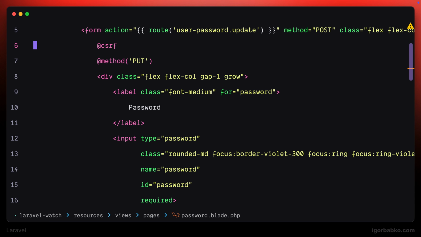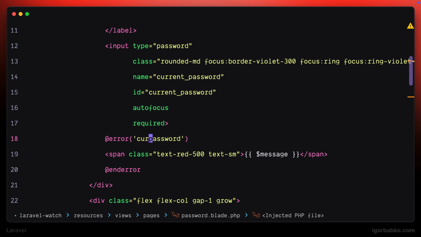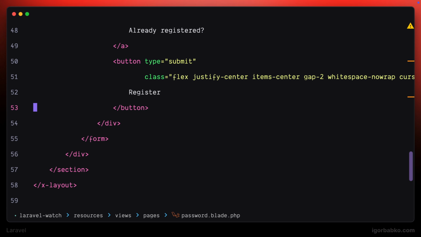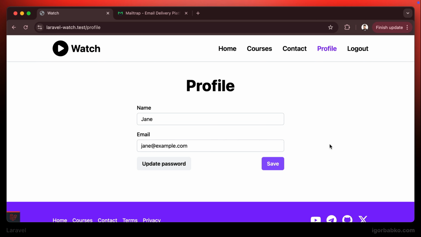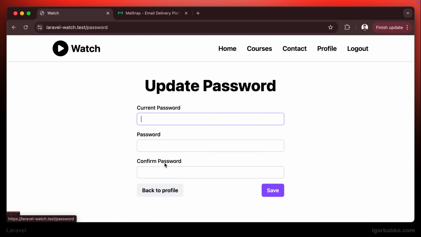as well as for this error directive. We'll also put the focus on this first field when the page is loaded, and also use correct field name for error directive in both places. Now let's scroll down to the bottom and rename submit button label to save. The link will say back to profile, and the profile route is called profile. And if we try to open up this page in the browser, sure enough we're going to see our new